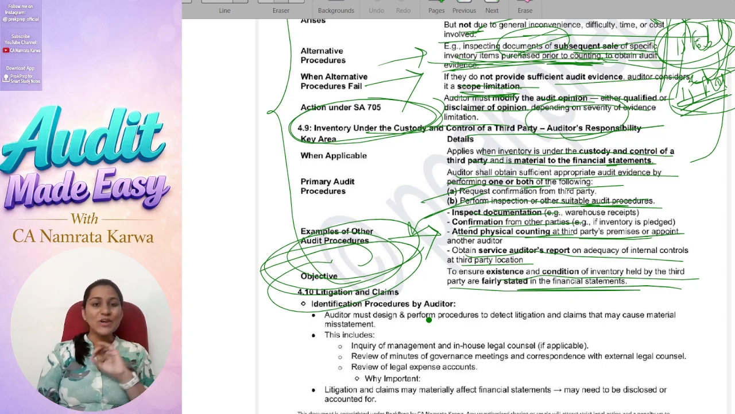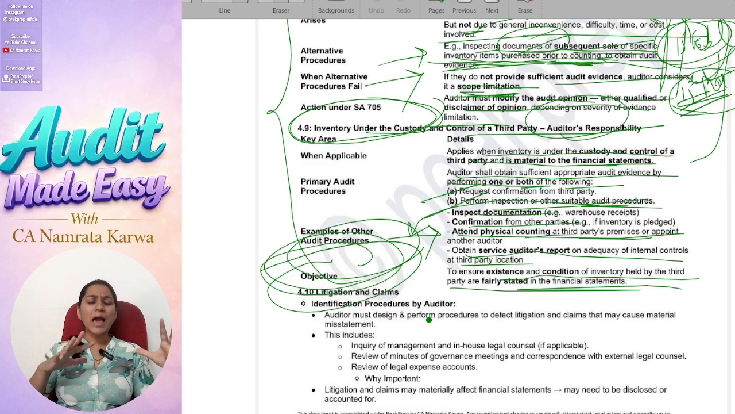Future auditors, we are on chapter number 4, audit evidence, one of the most important chapters according to ICAI, because this single chapter can give you marks from 12 to 18. And so far, we have completed a lot of things, and we are right now moving towards the end of